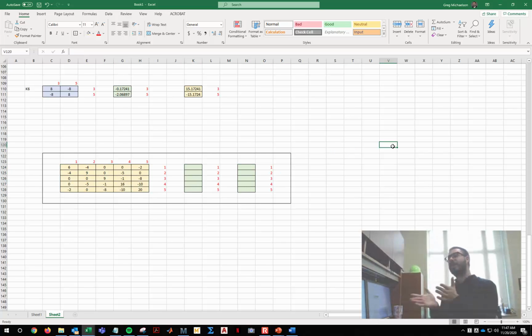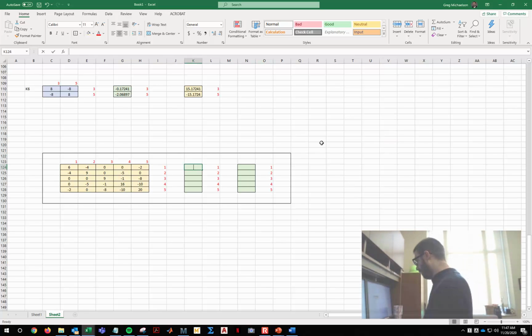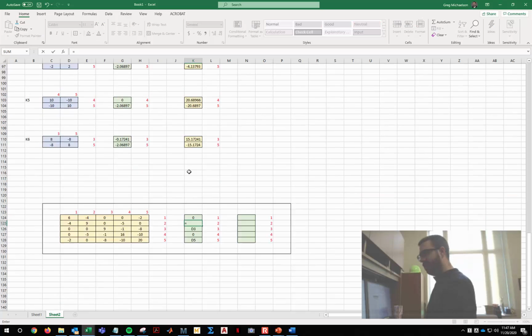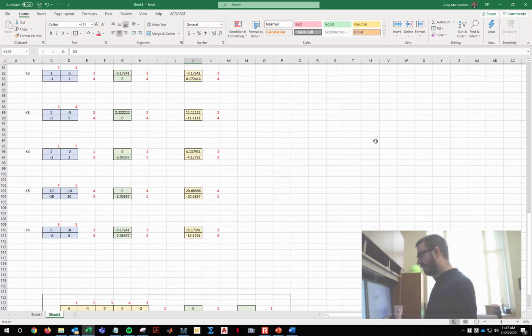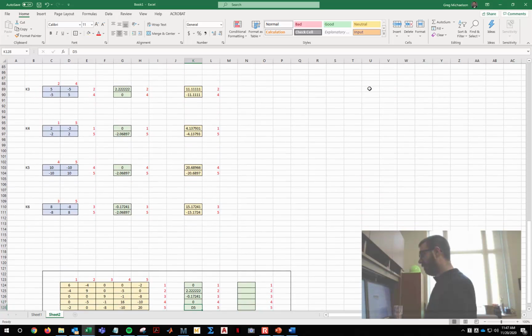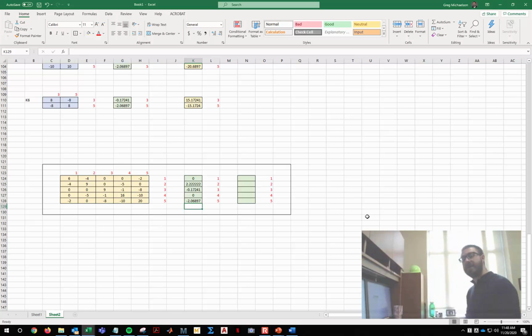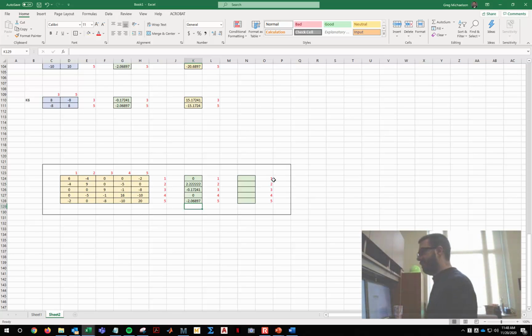All right, so that's our global level stiffness matrix, and let's see, what was my displacement vector? It was 0, D2, D3, 0, D5, right? So now we know what those values are, right? D2 is this, D3 is that, and D5 is that. We know what those values are. So because we know what those values are, I can just take the big old K matrix times the big old displacement vector,